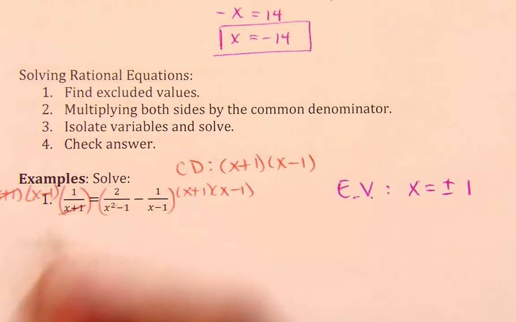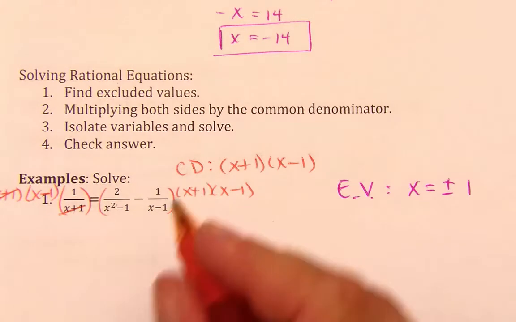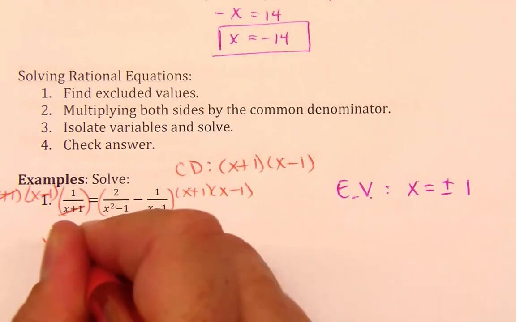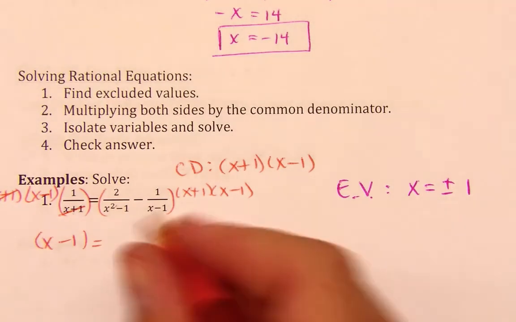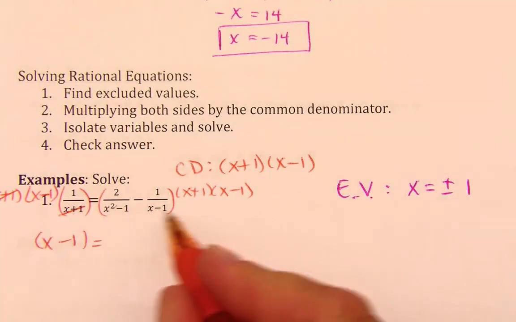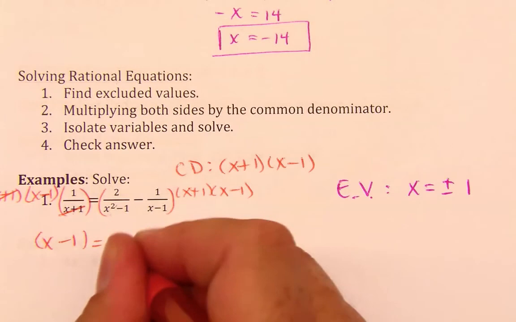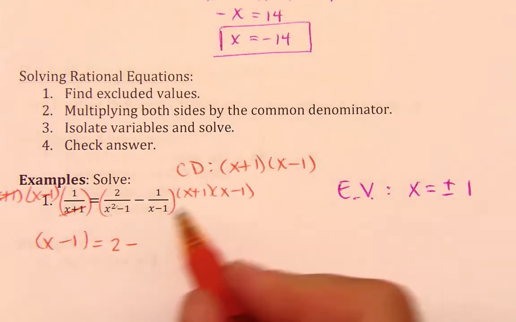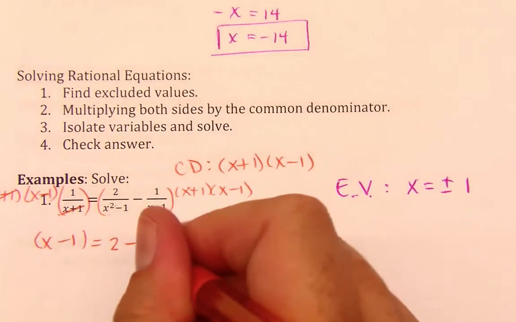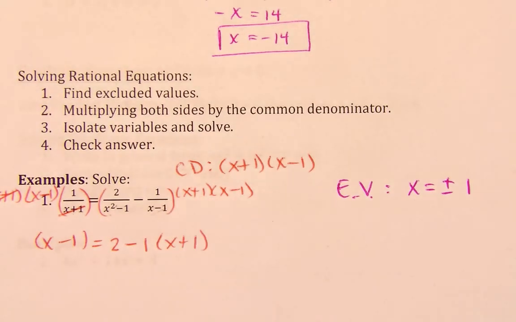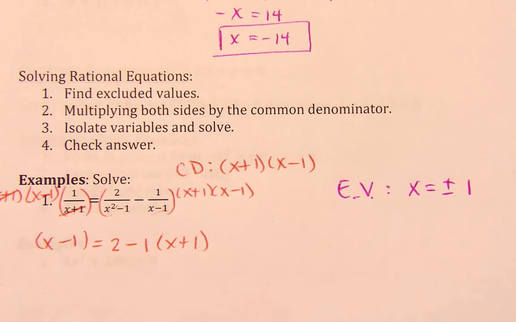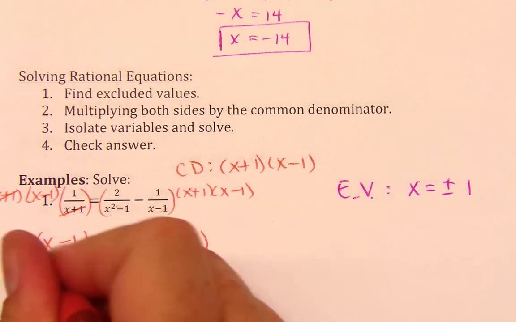And we can cancel this out. And we can have x - 1 left. Okay. And then on this side, both of these will cancel, and we're left with 2 minus, this cancels here, and we're left with 1 times (x + 1). All right, so now we need to distribute here. We can remove the parentheses here